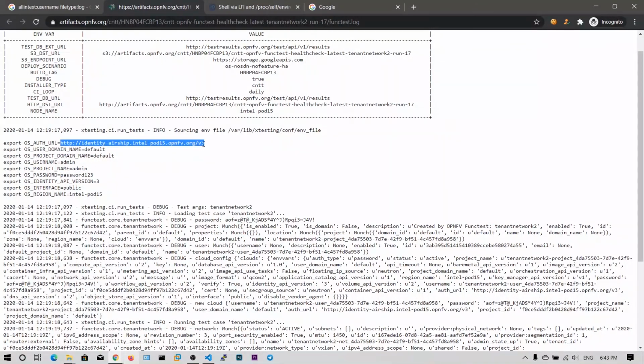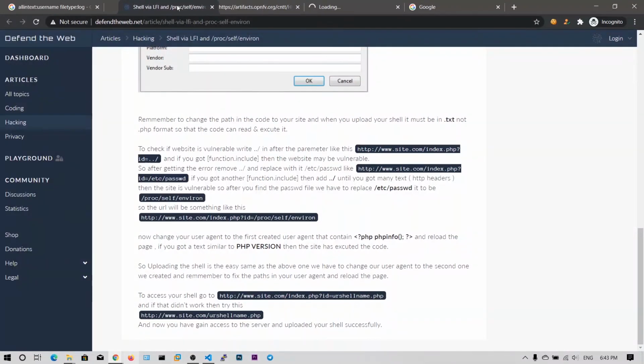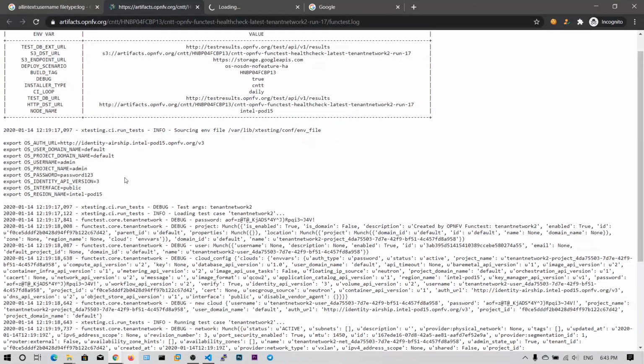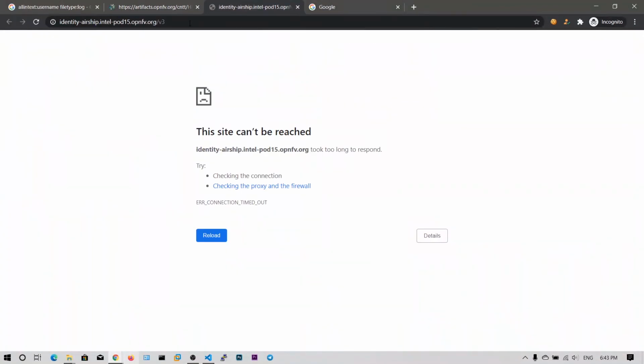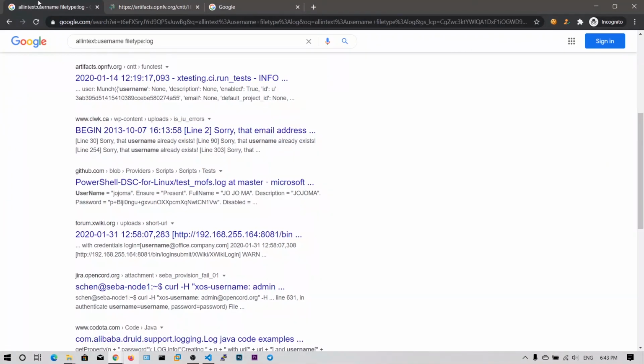So let me check out this website, so maybe that's not loading. So sometimes web servers also host from the root directory, like the C folder or the C drive root directory. In that case, any log files from that root directory will be displayed here. So in these rare cases, we got the functest.log. In the same way, we can get any log files that are stored in the root directory.